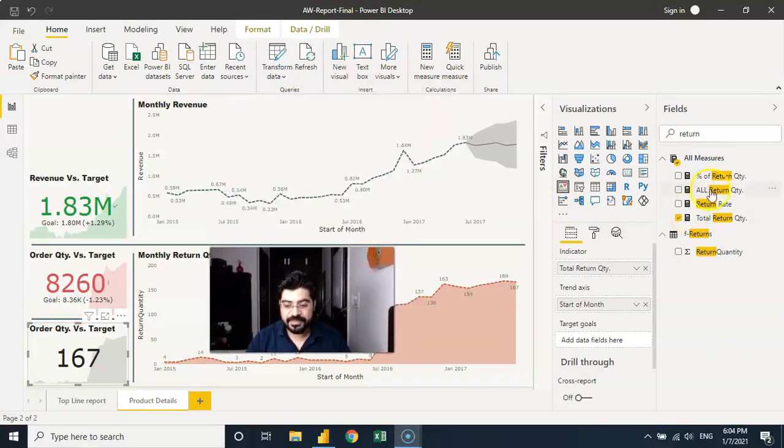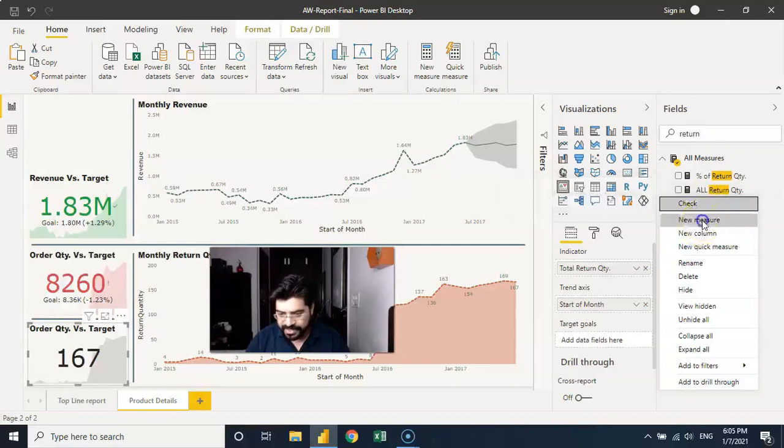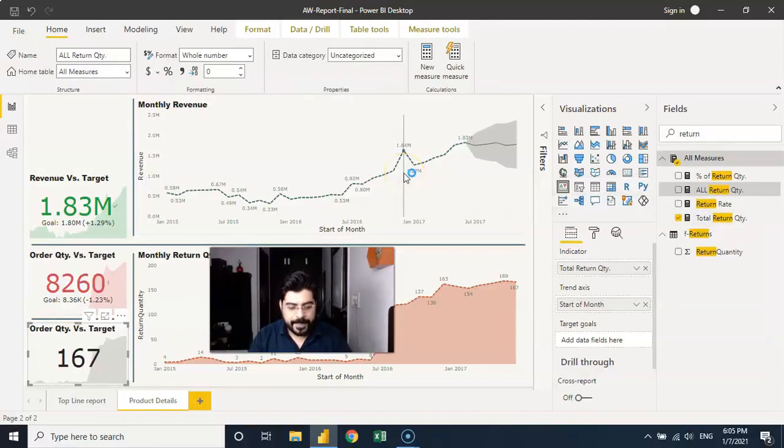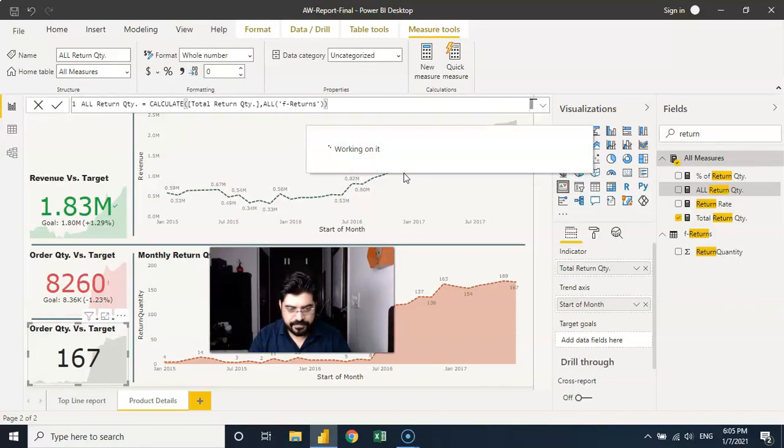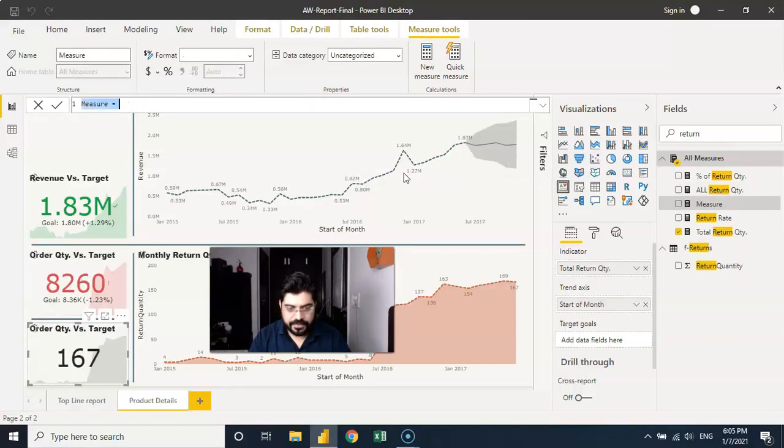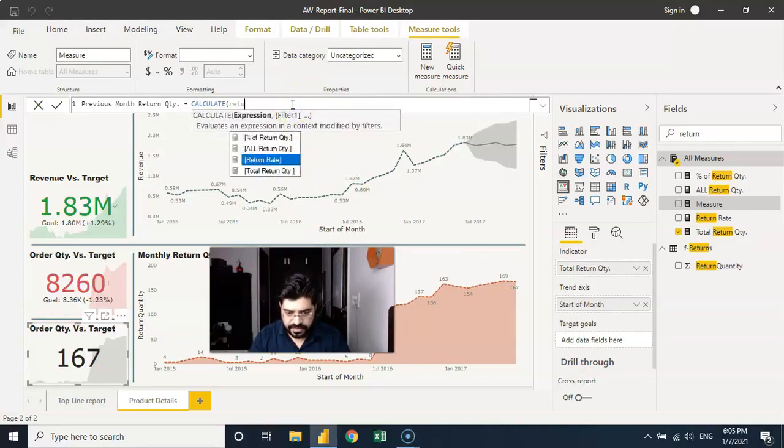So I'll be creating the same. Remember, I've told you measures won't leave you. So that's the reason we have to create it once again. So I'll right click and create a new measure over here, and we'll say previous month return quantity. Remember, it's going to be CALCULATE, and it's going to be the return quantity, comma, date